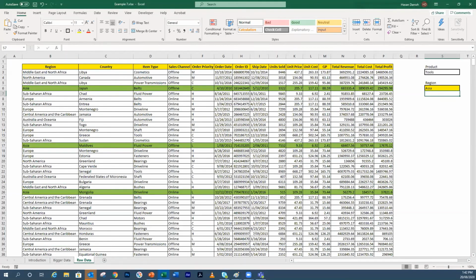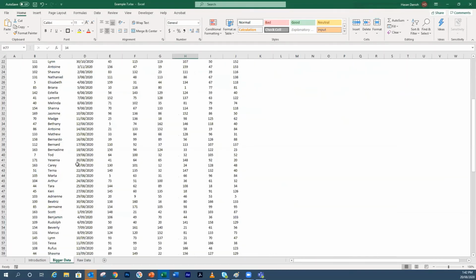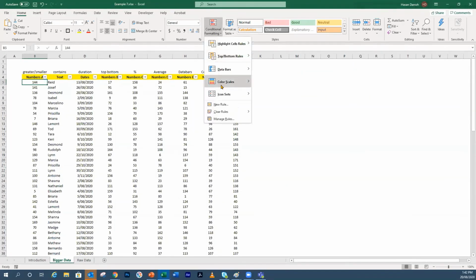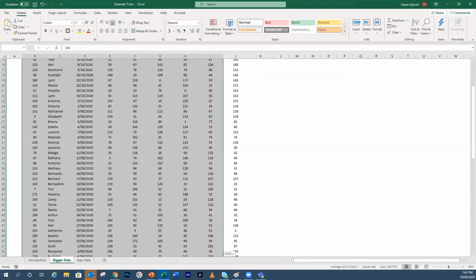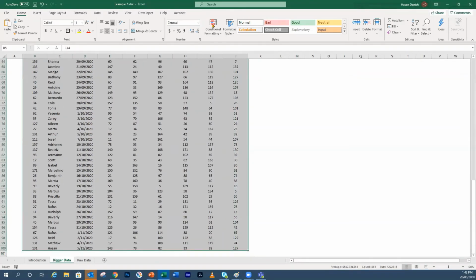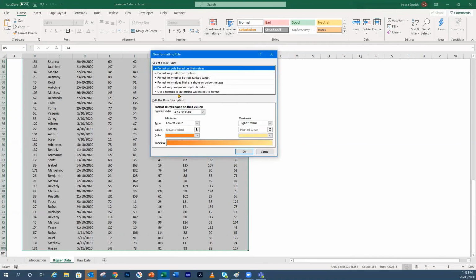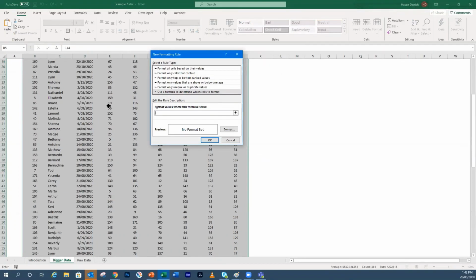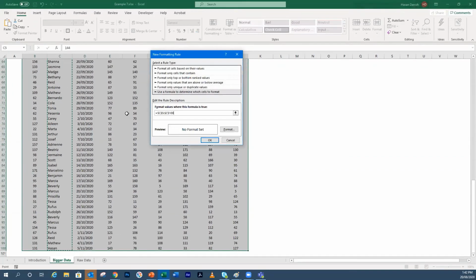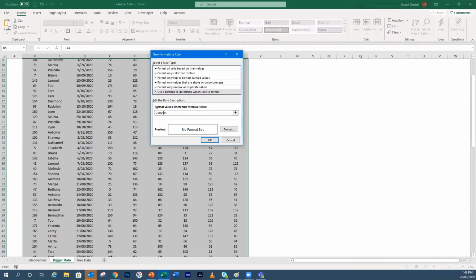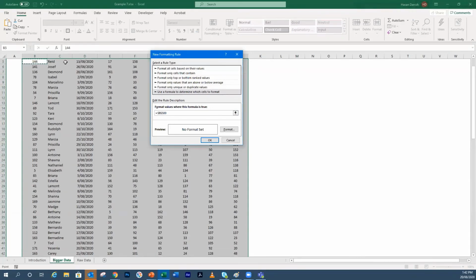So if these, instead of the regions, were names of the salespeople, go back into the bigger data. I'm going to clear out the rules. And I'm going to select this first. So the first thing to do is select the entire thing. Conditional formatting, new rule, use a formula, and my formula is this row, this column, sorry. And I'm going to remove the $ sign from, okay, I just